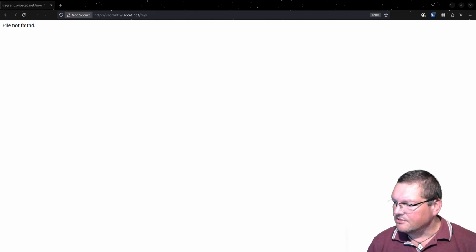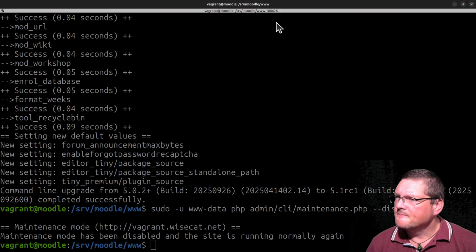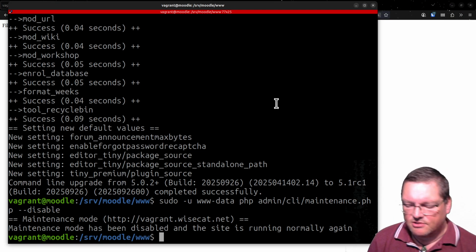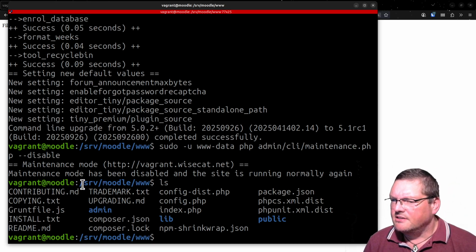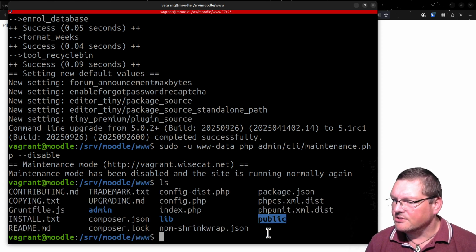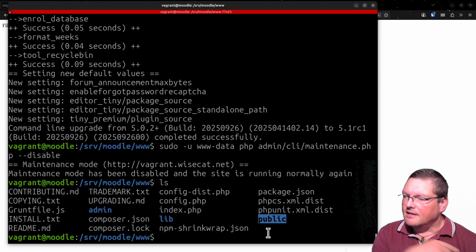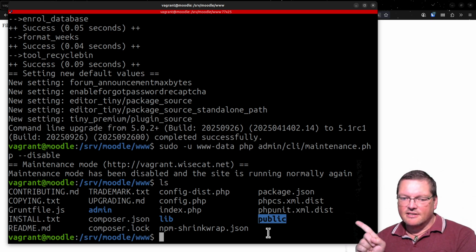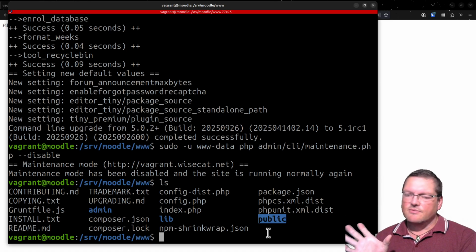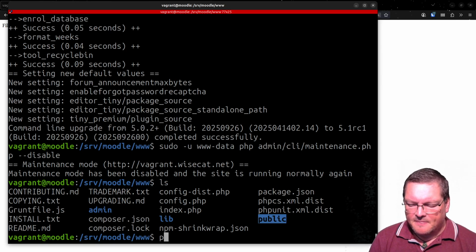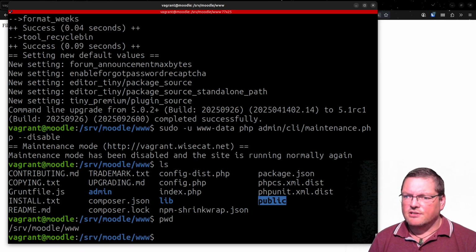Okay, so let's have a look at what we've got in this directory now. You might do an ls like this and say, hey, wait a minute, where did all my Moodle files go? Well, if you watched the r.php video, you'll realize that we now have the public folder right there. And that's where the bulk of the Moodle stuff is, and that's where the web browser should be pointing at the moment. But remember, pwd, it's currently pointing at